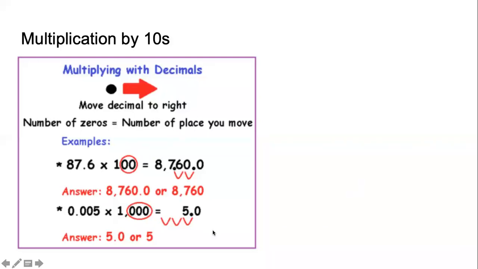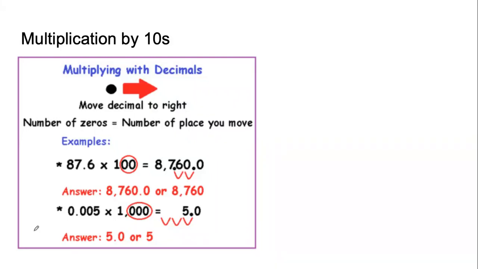Next, we need to look at one type of multiplication in detail and the shortcut for doing it. We have already studied how decimal numbers are multiplied. But if one of the numbers is 1, or 10, or 100, or 1,000, and we are multiplying decimal numbers with these, then there is a shortcut. The shortcut is that we have to move the decimal point to the right, by as many places as there are zeros.